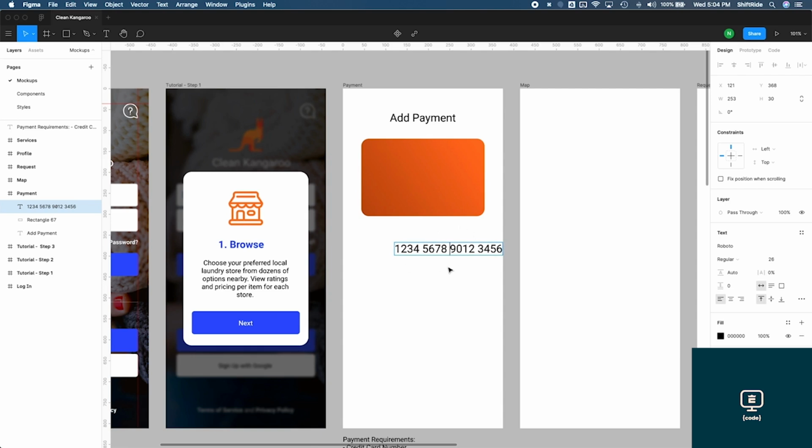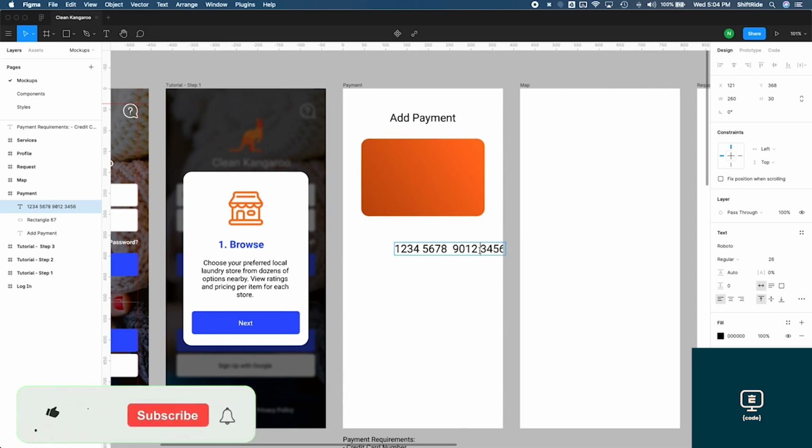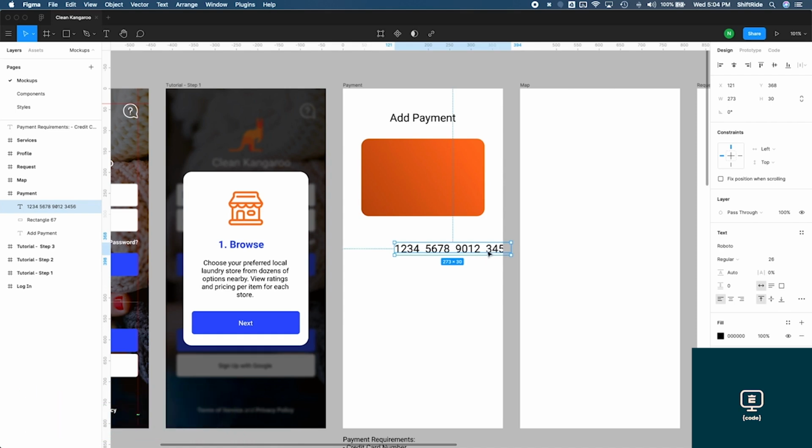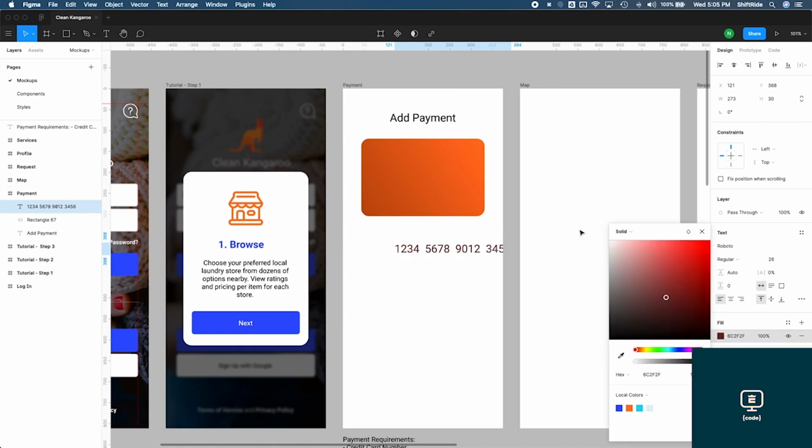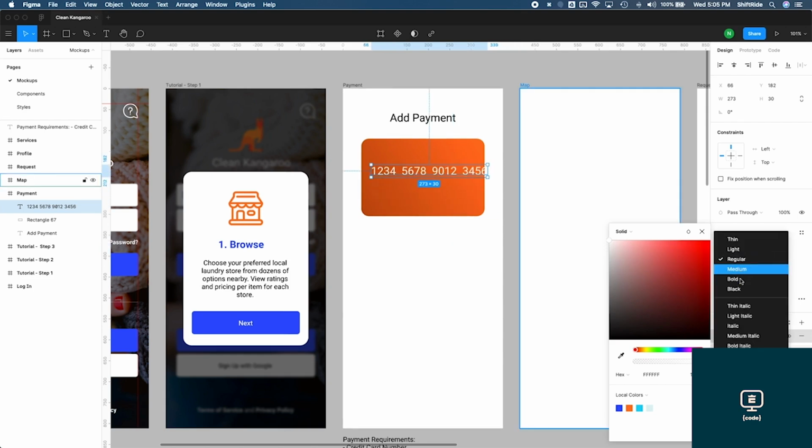I'm just repeating some numbers here. I'm gonna add some double spaces in here instead of just one space, just to add some spacing between these every 4 digits. Let's go ahead and select the whole text field and change the fill to white. And then let's move it over here. Let's go ahead and make it bold